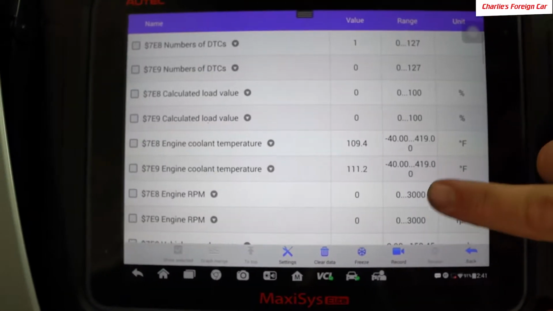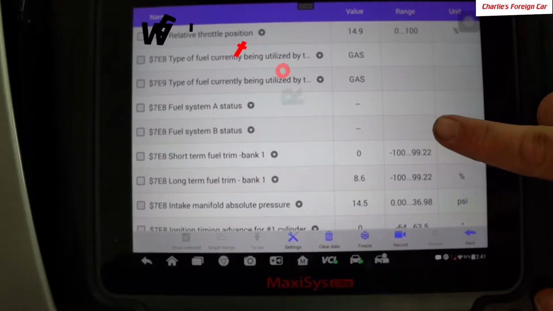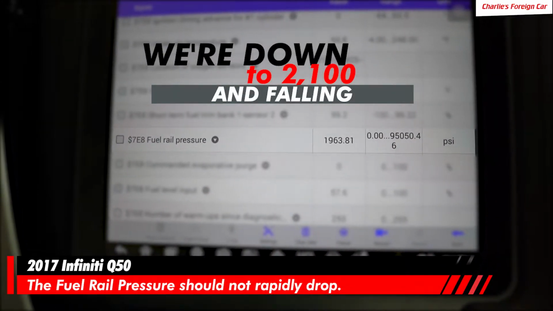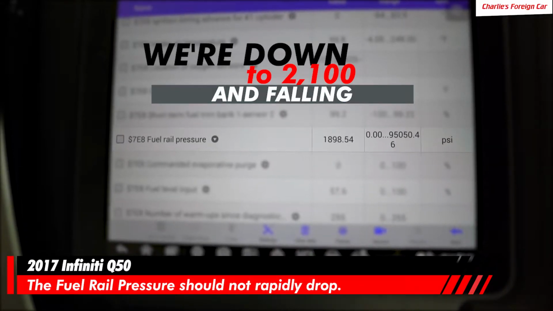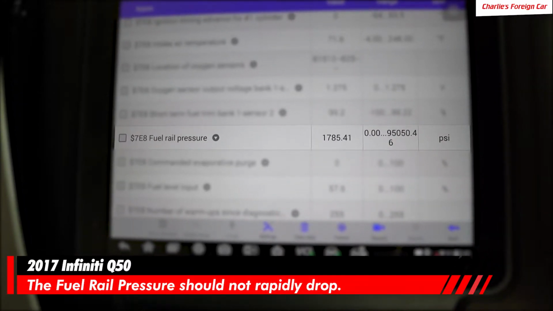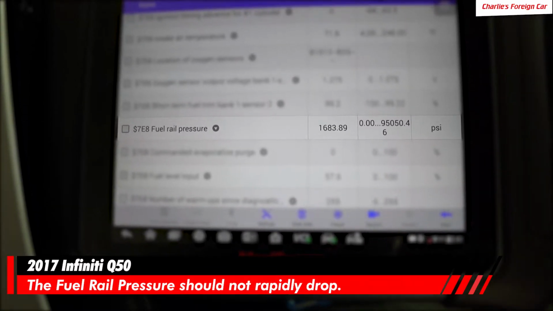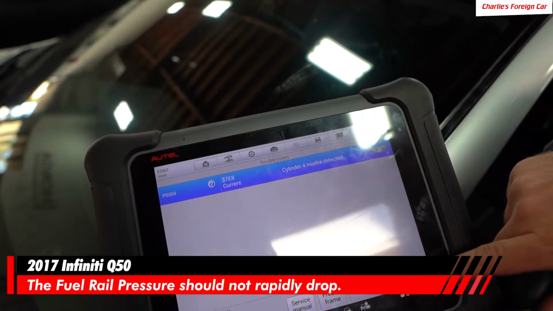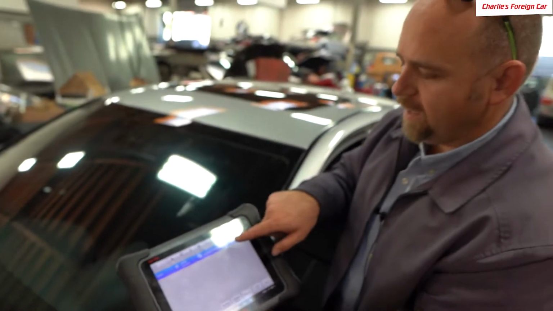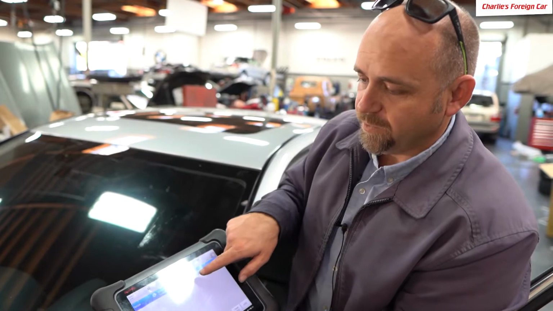Quick as we can, we're going to get back in here and go look at live data, fuel rail pressure. So we're already down to 2,100 and falling, and 1,900. That lapse is because I had to shut the engine off, turn the key back on, and then recommunicate with my scan tool. But you can see how fast the fuel rail pressure is bleeding off, and we don't want that. So we have a cylinder 4 misfire detected. With the bleed off of fuel pressure and this cylinder 4 misfire detected, we are going to go after some fuel injectors in this car.